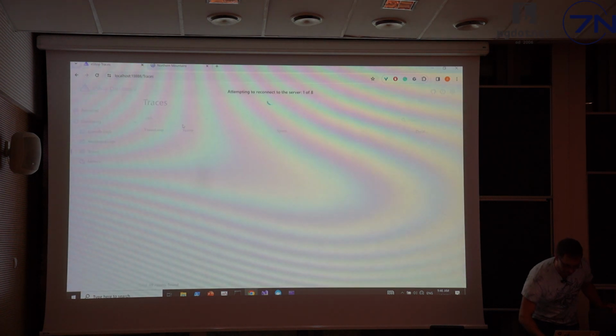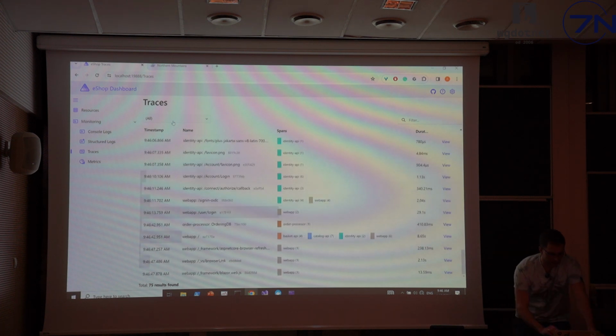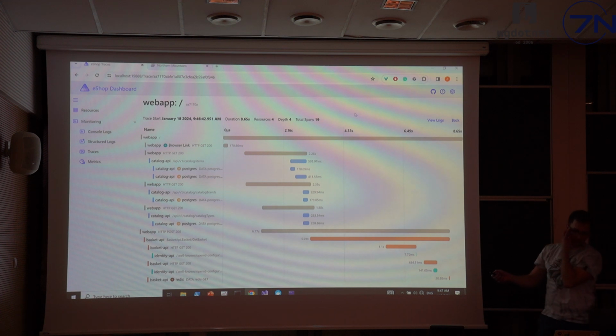I have logged in, and if we get back to traces, for example, let's take a look at this one. Here you can see the power of distributed tracing. You can see that we have a web app application that started to do some things.